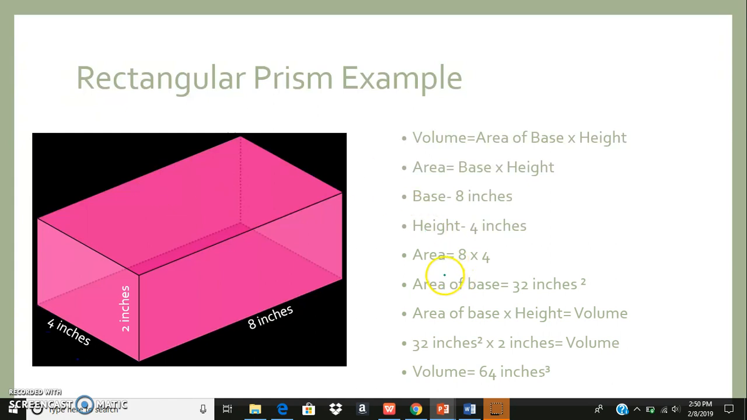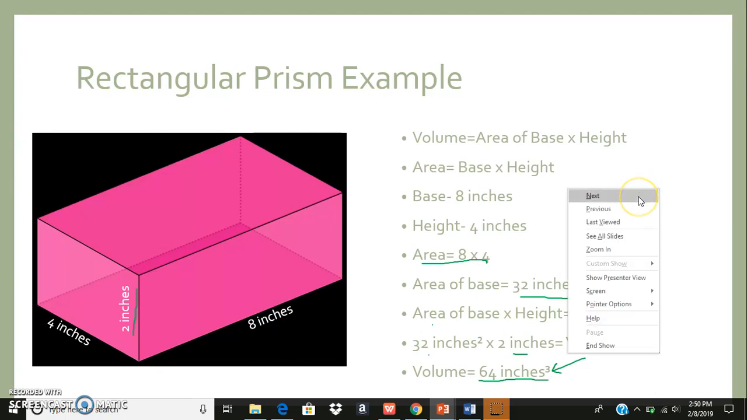And then we're going to do the area of that. So we have 8 times 4. That is 32 inches. We can't forget our units since that one is just doing the area. It's going to be square units. And then we're going to take that area of the base times the height, which is right here, 2 inches. And that's how we're going to get our volume. So we're going to plug that in, 32 inches for the area of the base times the height, 2 inches. And then once we calculate that, we're going to get 64 inches cubed since it is a